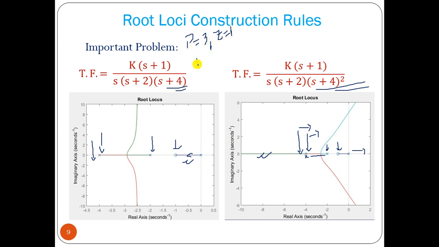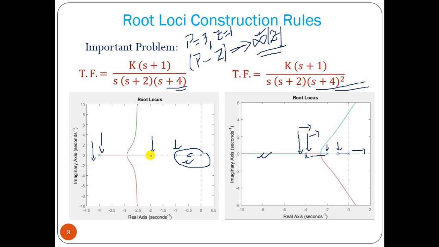Okay, we have p minus z number of poles that should merge with infinity zeros, right? So p minus z, one pole merges with a finite zero, one finite pole merges with one finite zero, that we can see here. But these two poles, p minus z number of poles, should merge with zeros which are at infinity. Okay, infinity zero. So how are they going to infinity zero? That direction is called asymptote.